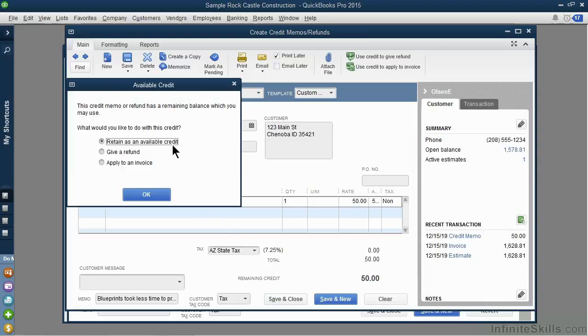Do you want to retain it as an available credit? So if this customer makes another purchase, they can apply that credit to a future invoice. Or do you want to give a physical refund? Actually write a check. If we select this option, we will actually be presented with the check window as soon